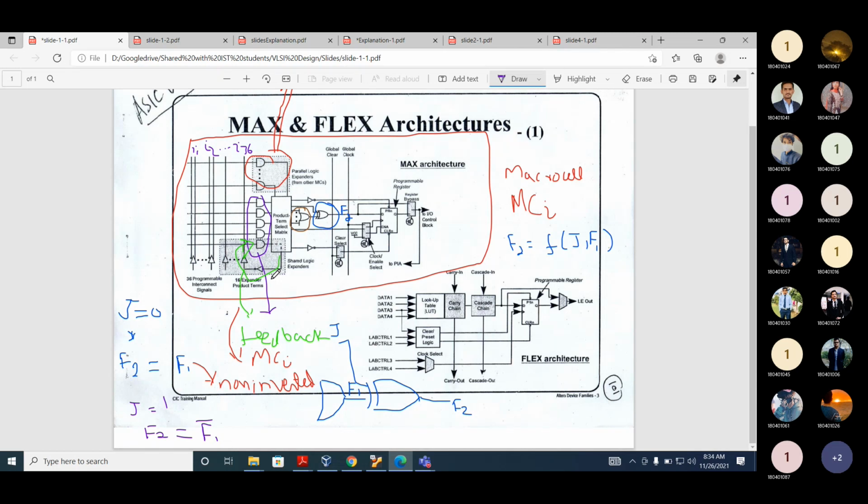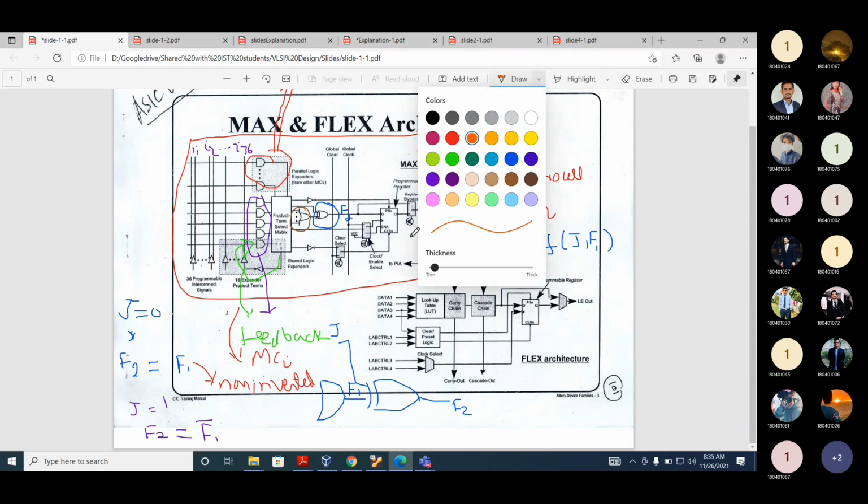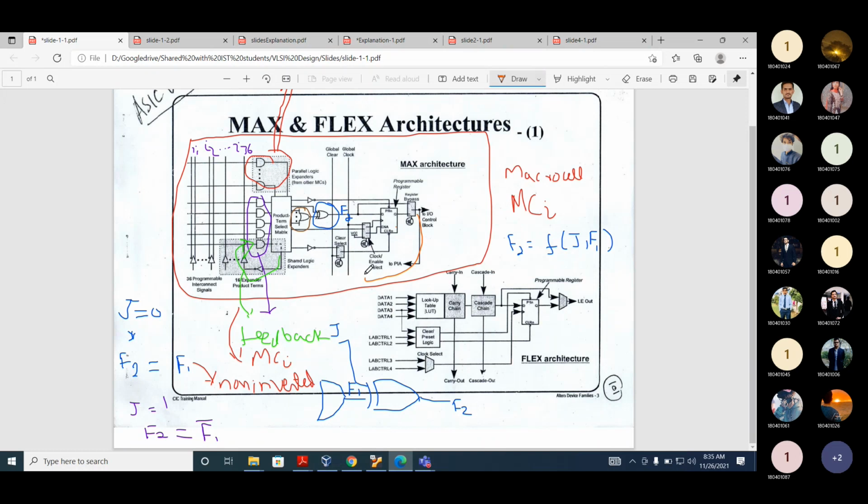And how do these signals come? The output of one macro cell may go to the same macro cell or to others through the programmable interconnect array, through the switch matrix. And we explained the switch matrix in the previous class. So let's assume we want to feedback this output back to the input, where will it go? PIA, programmable interconnect array, up to the switch matrix.